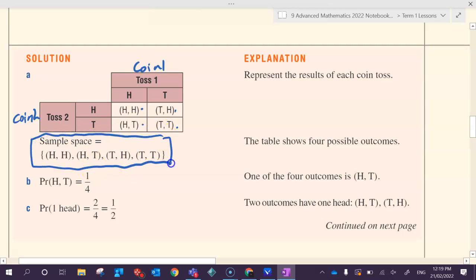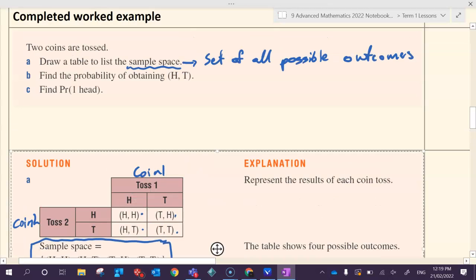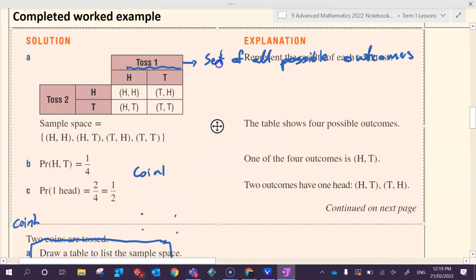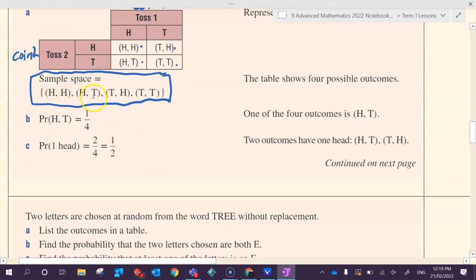Sets, remember, get the fancy little curly brackets, the braces. From that, can we answer their questions? What's the probability of obtaining heads and then tails? Oh, it moved my thing. There we go, that's better. 1 in 4, because of the 4 options, only one of them has heads on the first coin and tails